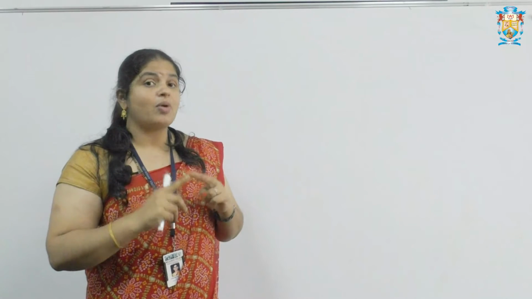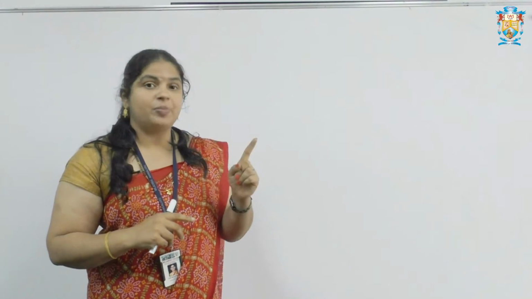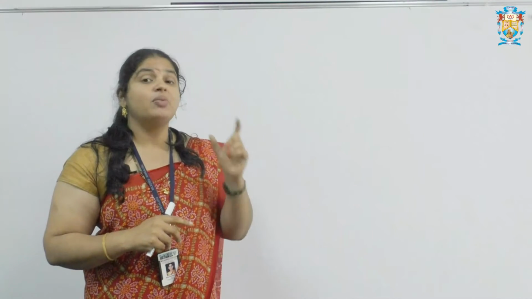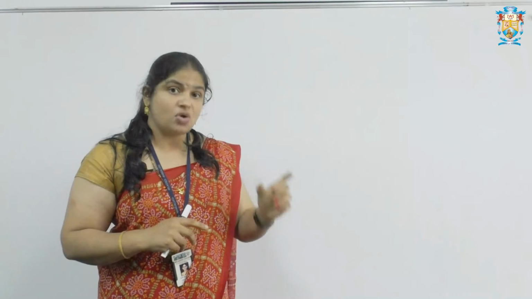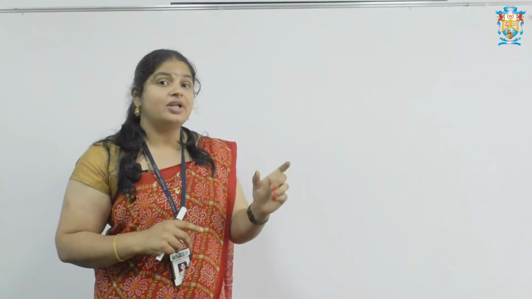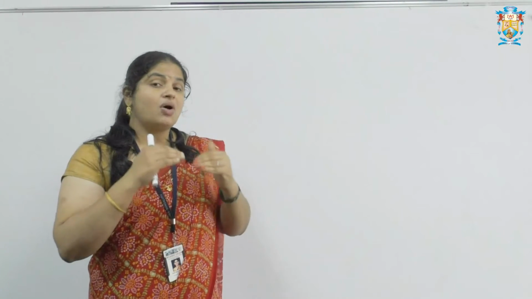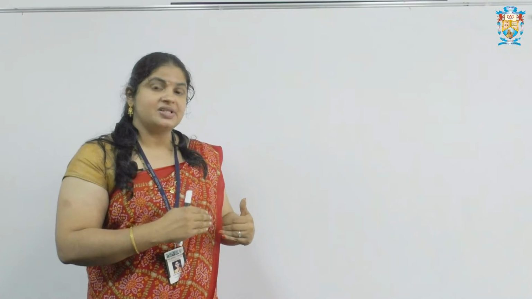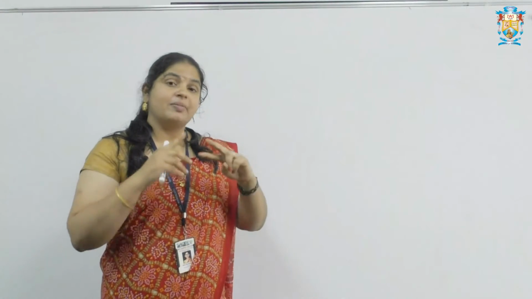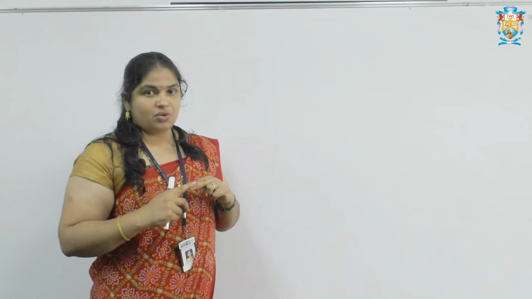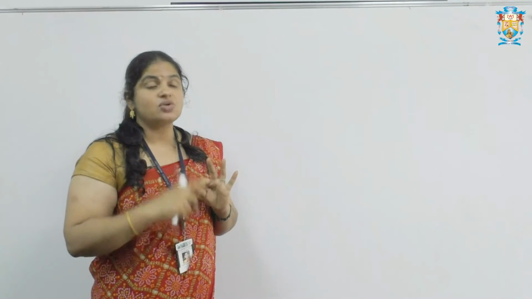How will you come to know about minority shareholder and majority shareholder? You have to see the problem properly: how much share is purchased by which company? If it is 50% or more than 50%, then it is called a majority shareholder, and they will be the holding company. If it is less than 50%, then it is known as a minority shareholder. So this is all about majority shareholder and minority shareholder. In the given question, they have asked to calculate the minority interest as well as cost of control.